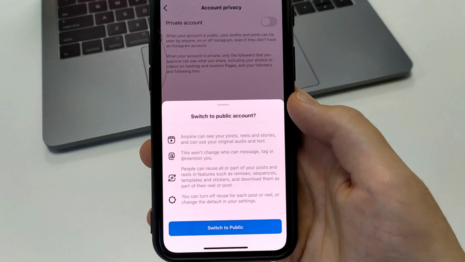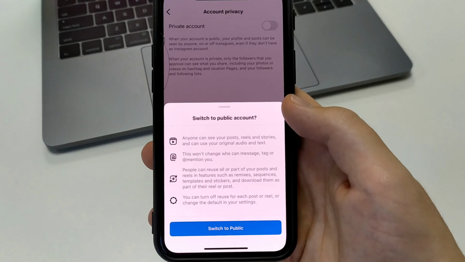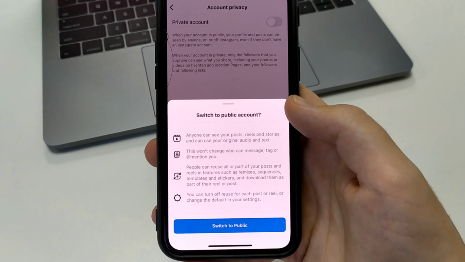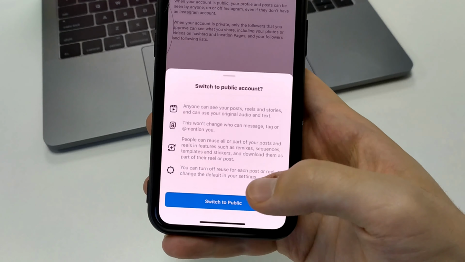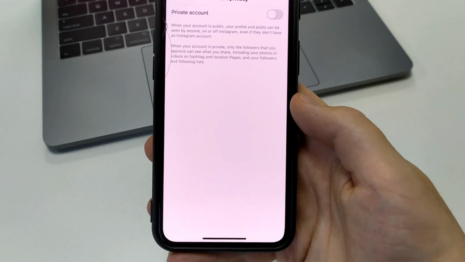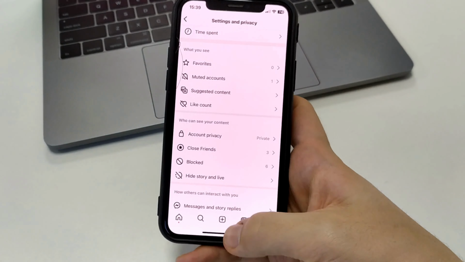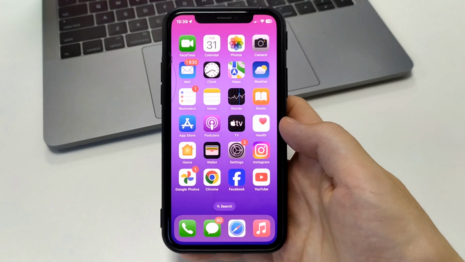That is, now anyone can subscribe to us, put a like, write a comment, also write a message to us in the direct. But in order that if you want to still unblock, you click Switch to Public. Make your account public. This is the simple way to unblock your Instagram profile.